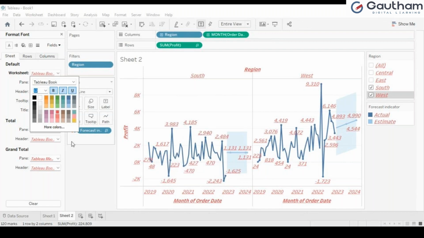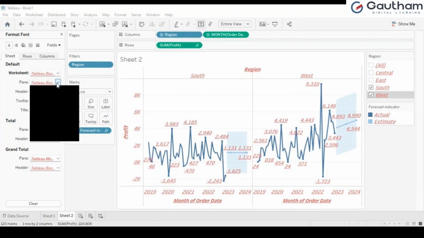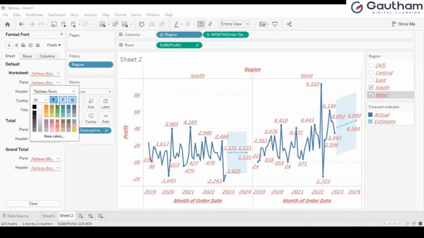Again you say for a pane. See, when I keep my cursor you can see separate sections, right? So this is called a pane. When you want to change a particular pane, you can. And coming to the header, when you want to change a header, then